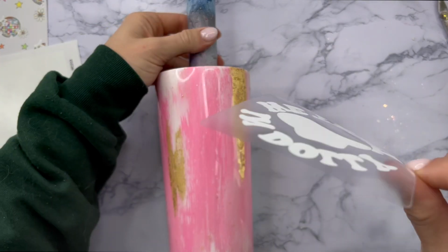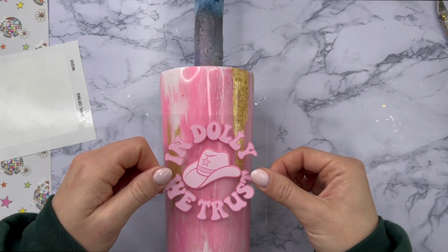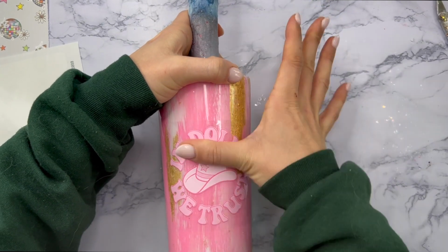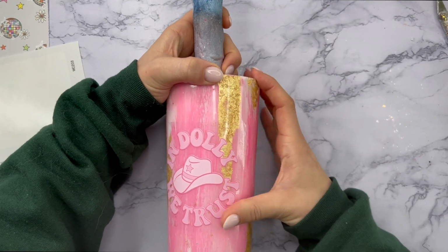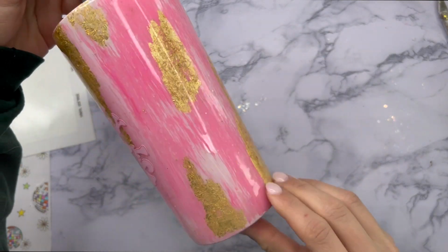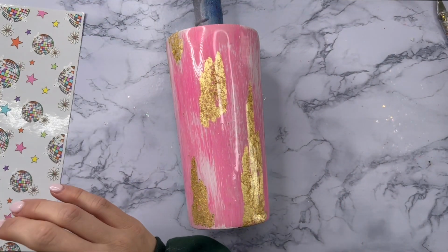So what I'm going to do basically is just treat it like a sticker. I'm going to peel it off the backing, find a place on the tumbler that I want to put it, and then just stick it right down. So all of those clear areas that you can see will disappear once we add another coat of epoxy on top. So don't worry about the seams or the edges or anything because you won't be able to see them